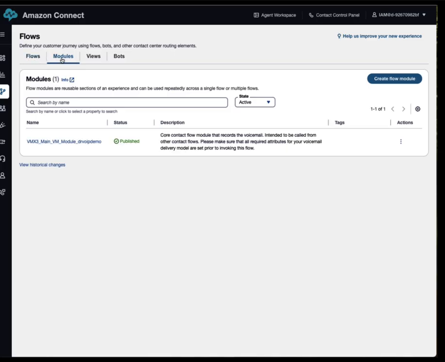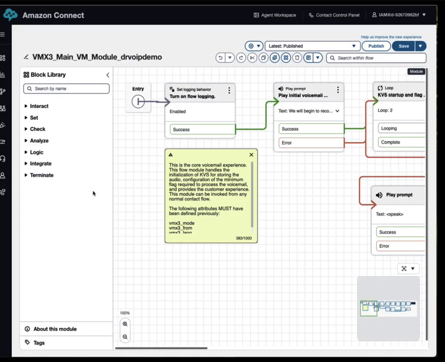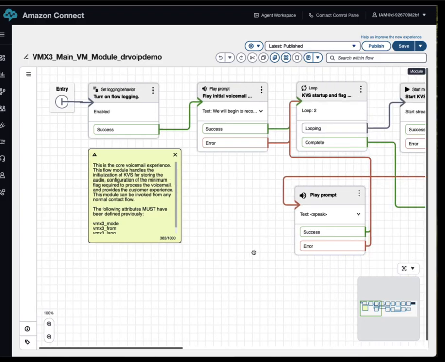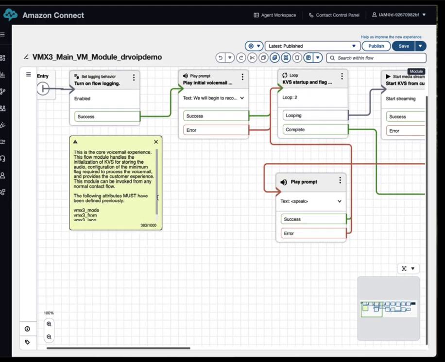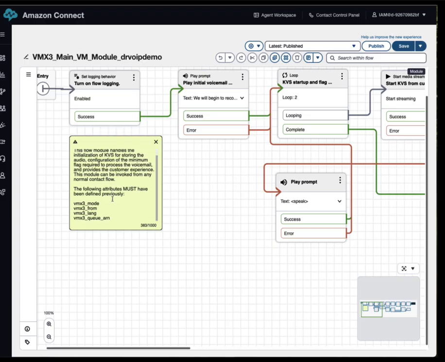If you click on modules, and as I've explained, think of modules as a subroutine, right? Rather than having to write this whole call flow every time we want to use it in a particular contact flow, that contact flow can just make a call to this module. And let's take a look at the module. What you'll find is that this is basically the voicemail system, if you will. And once again, pointing out that when you call this, you must come into this with